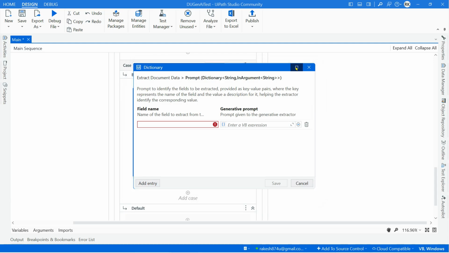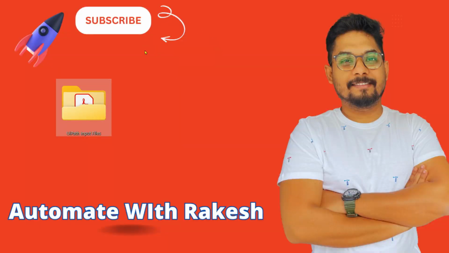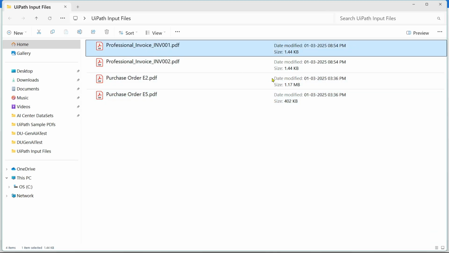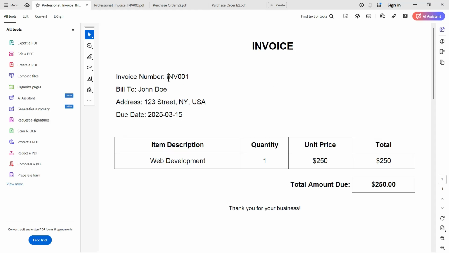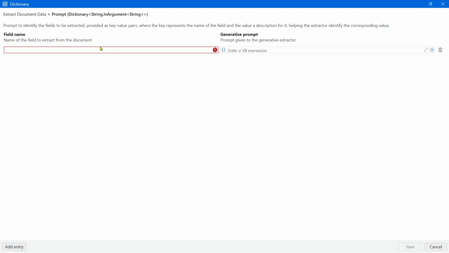So the prompt here, let's see how the invoices were looking. I think I closed all of them. Let me open one of the invoices. Let's say I need the invoice number and the due date, for example. Okay, invoice number and due date. So all I will do, go here and I'll say invoice number. And I'm going to say find the invoice number